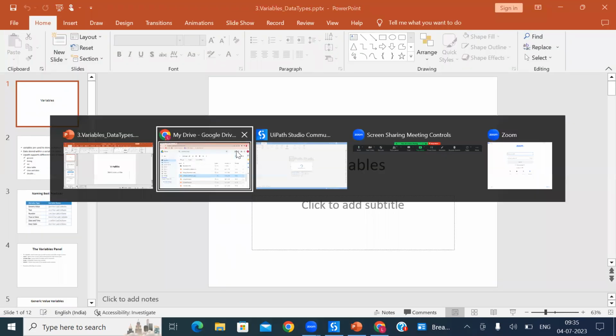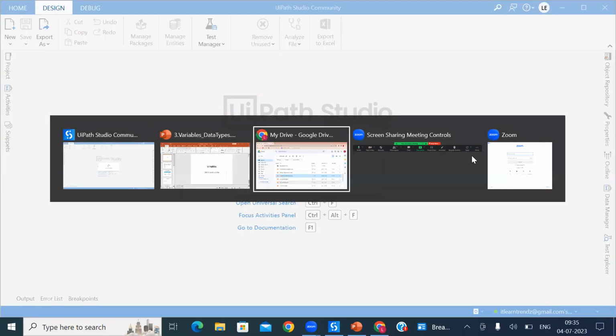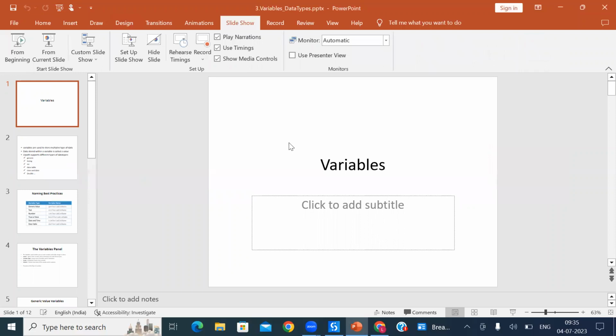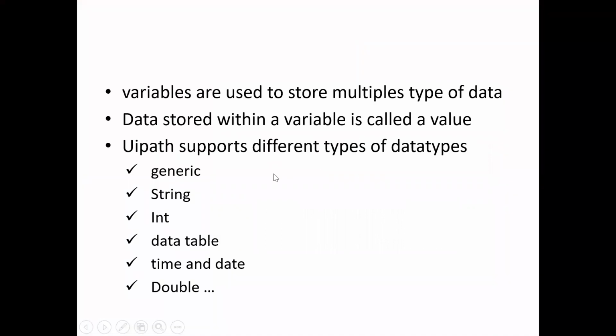Today we are going to talk about variables and data types. I already explained what a variable is, why we are using variables, and how the data will be stored in a variable called value. There are different types of variables which UiPath supports: generic variable, strings, data table, time and date, double, everything will be there. Got my point? So the integer variable I already discussed. Now I'm going to talk about